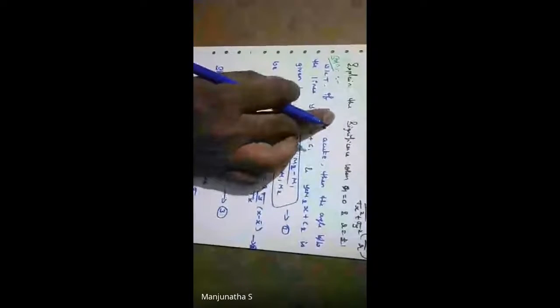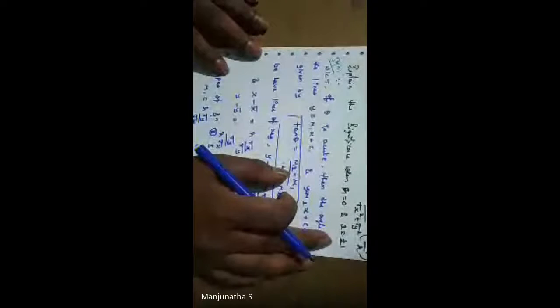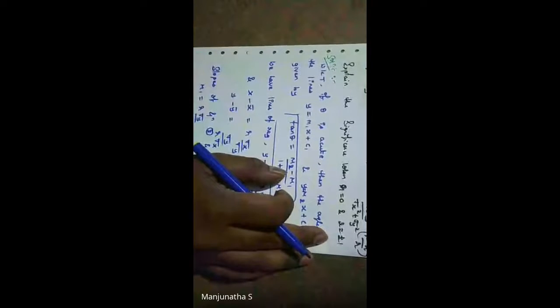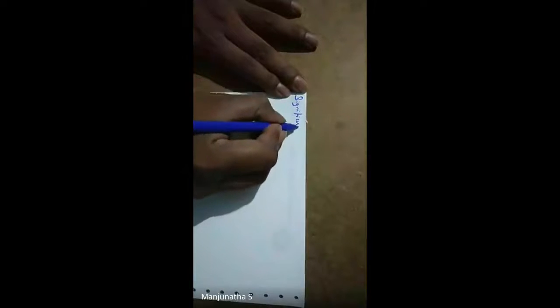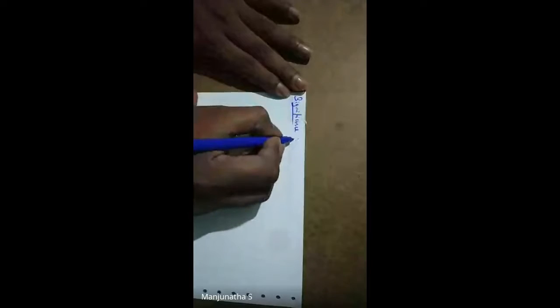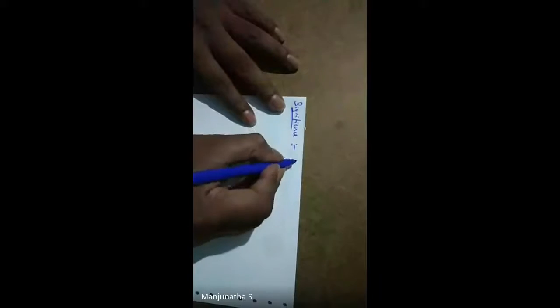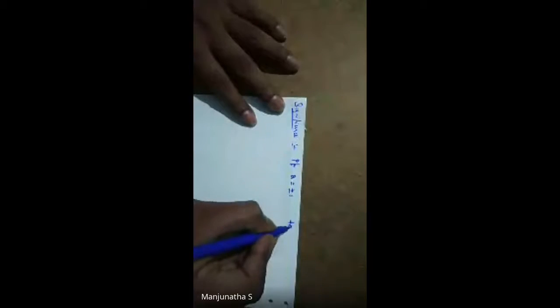But this is not enough. They also asked to explain the significance when r is equal to 0 and r is equal to plus or minus 1. We'll see what happens when r is equal to plus or minus 1. See, the significance is this. For this also you will have marks. It is easy only, so just listen here. If r is equal to plus or minus 1, what happens to tan theta? I'll show you.